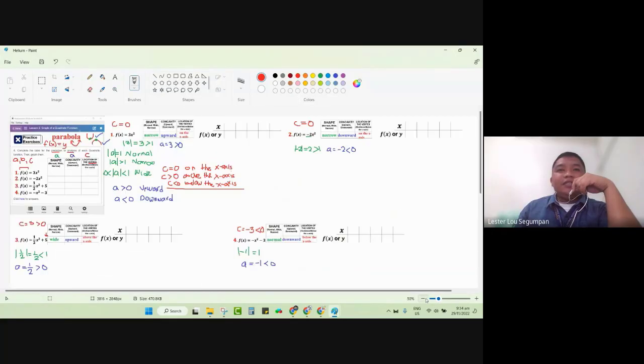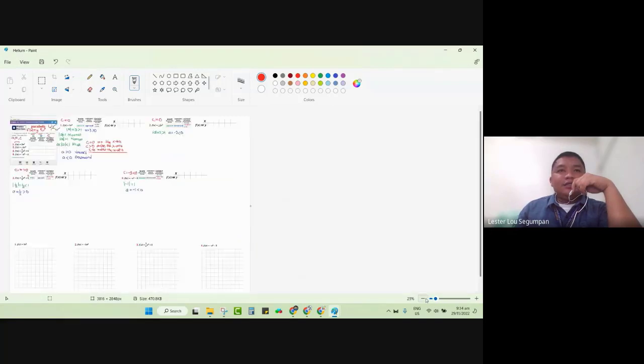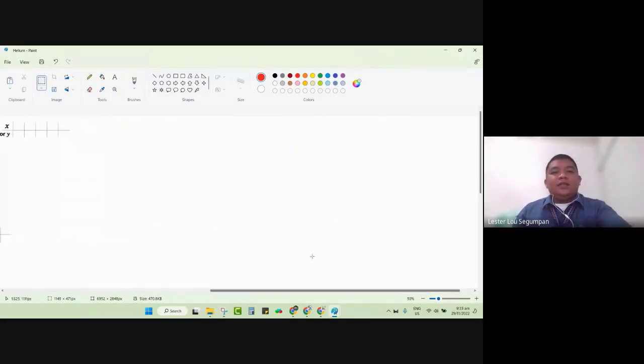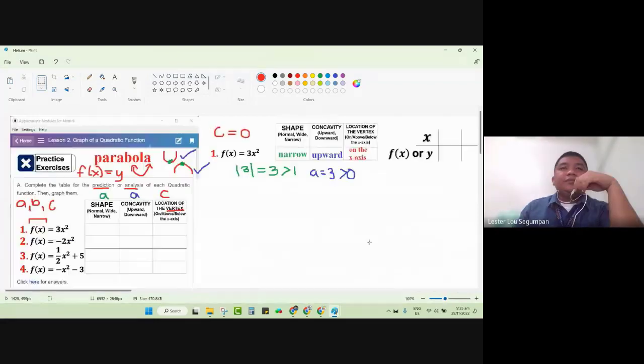Let me increase the sizes. Right, I have placed here the Cartesian planes below. My point is, I'm removing this and placing this here. So let's try to graph the function. Okay, the graph of the function